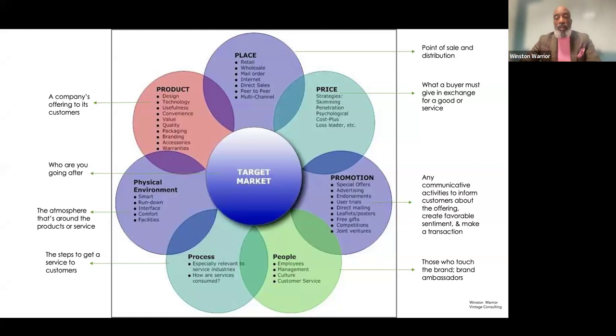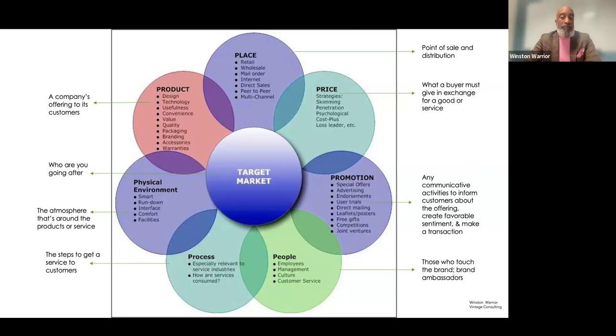Promotion, you know what those are. How are you going to promote? Are you going to give discounts? Are they sales, et cetera? We won't go into that too much. People. If you have people that work for you, guess what? Those people oftentimes are the first touch points for your business and for your brand. Do they represent you and what you're trying to accomplish? If not, you better start looking at that, because they are the first line of defense and the first engagement that a lot of people have other than your physical presence or your website. Your people, if you have people. And guess what? If you are the people, then you better represent who you're supposed to represent, right? You need to be that face of the company.